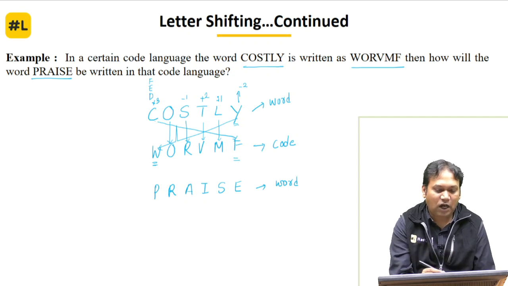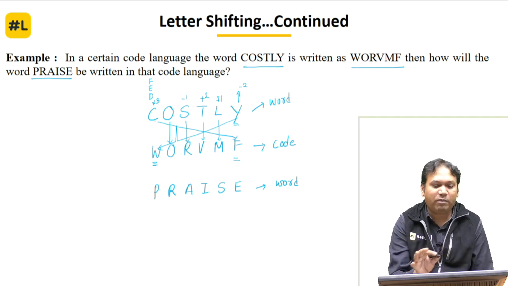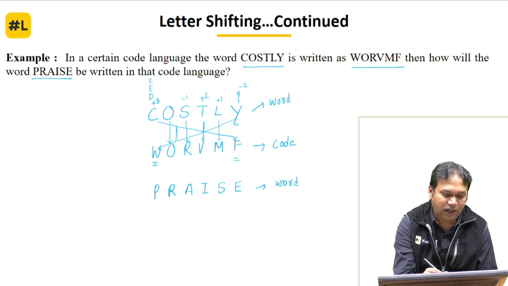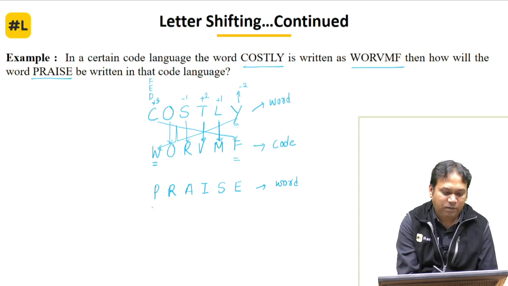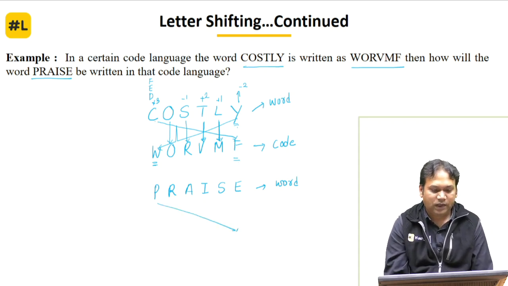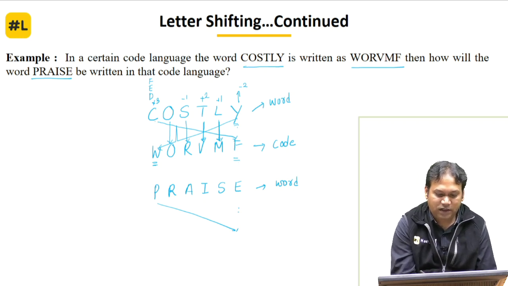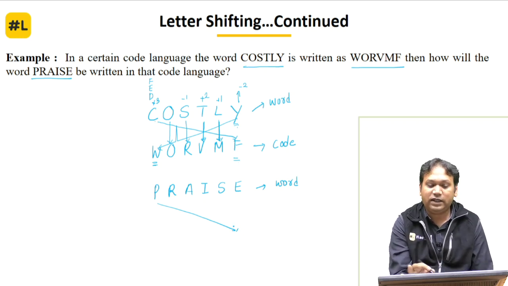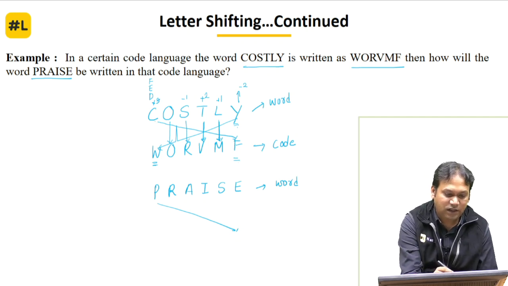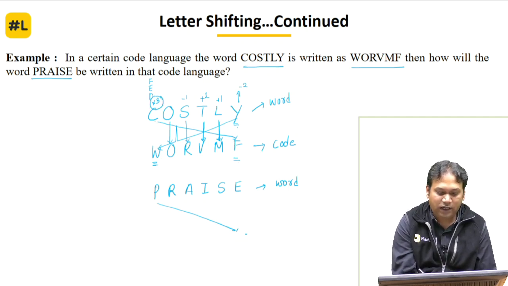So where are the letters, how have they been ordered, what could be a particular logic used in a question, where are we linking T and V, where are we linking L and M, where we are linking Y and F, Y and W. So P, if I put it in the end, P plus 3, now it depends upon the pattern used in the question. So P plus 3, Q R S